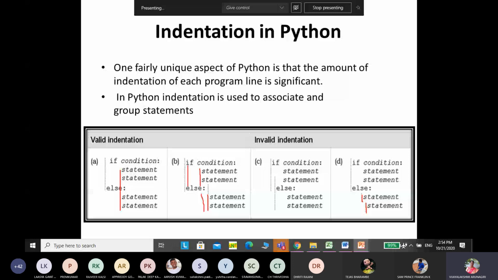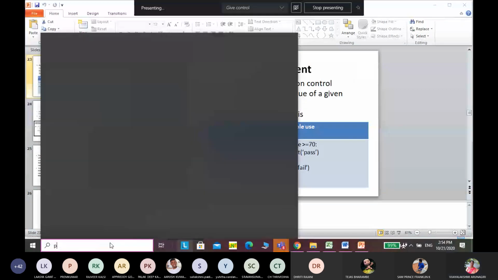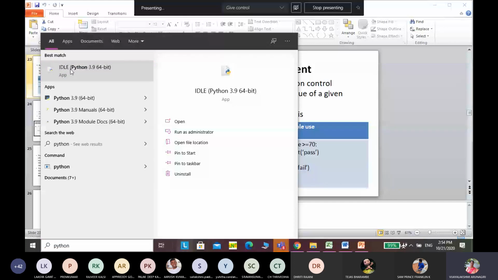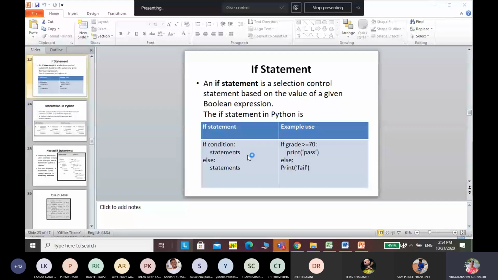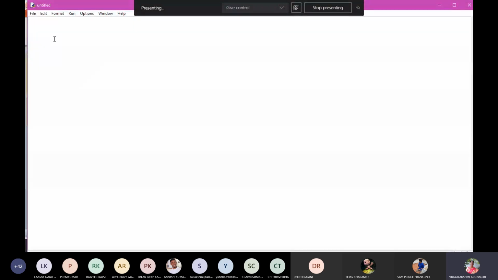So I'll write one small program and I'll show. Don't use the capital letter, if everything is small letter if.